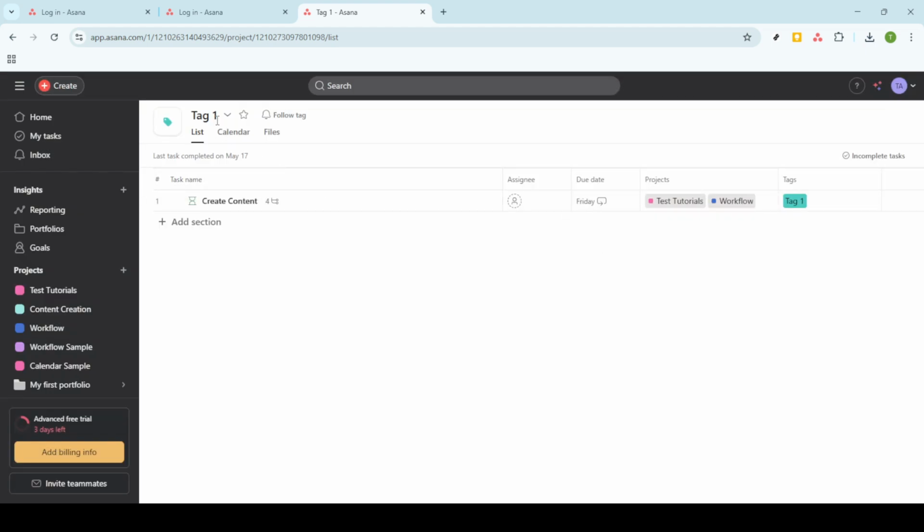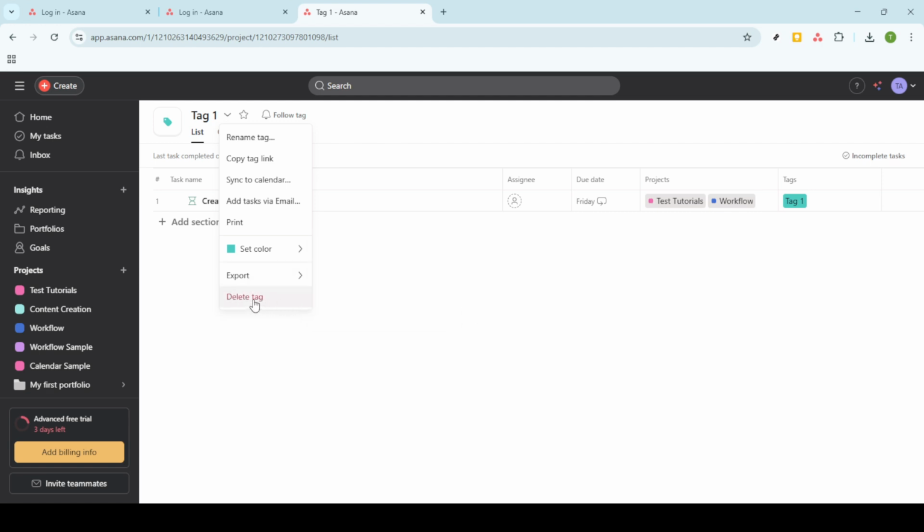In addition to renaming tags, you can also customize their appearance by changing their color. To do this, look for the Set Color option. Selecting this will provide you with a palette of colors, allowing you to choose the one that best fits your organizational needs. A color change can help you visually differentiate tags and can make your project management experience much more